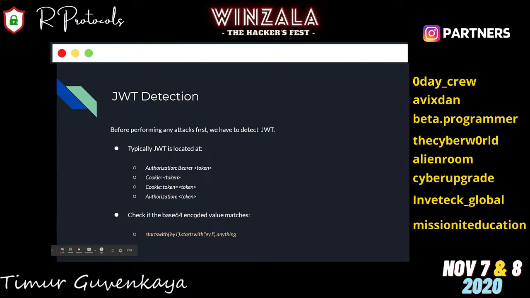That's the first check you can make just to ensure that it's a JWT, but obviously the better way is to decode the token and see for yourself that it is a valid JSON object, it has the header and the payload, and the header has an algorithm parameter.